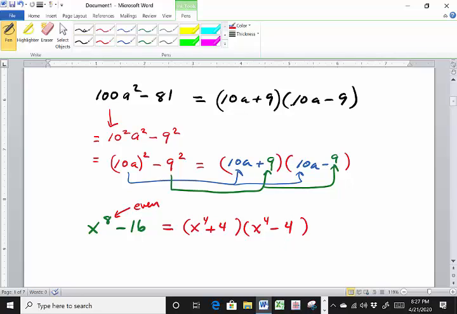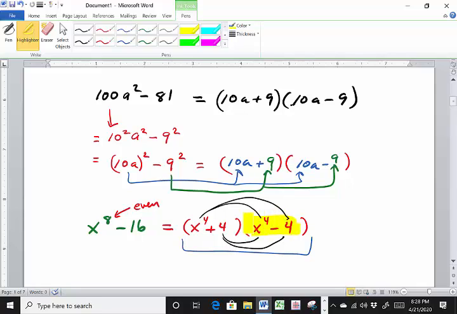And you can always check yourself. Don't forget you could do that. If I use the distributive law, in other words, multiply this times this times this, and then this times this, and this times this, okay, you'll see that you'll get x to the 8th minus 16. All right? Now, I'm not done with this yet, because notice right here,